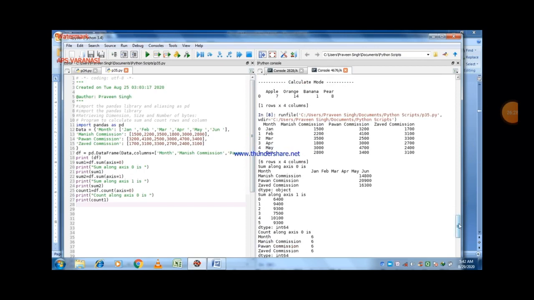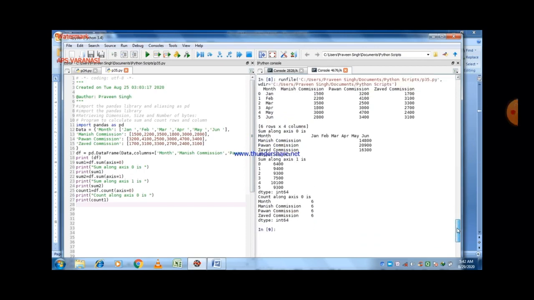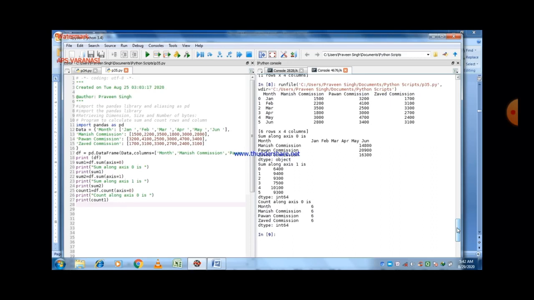So this is the program here, you can easily see on the screen. This is the previous program, along axis 1. So that is the program that will calculate the sum and count along axis 0 and along axis 1. That is the output.